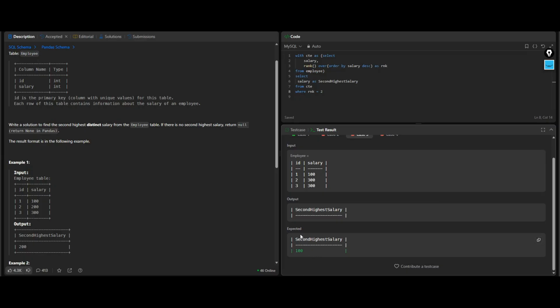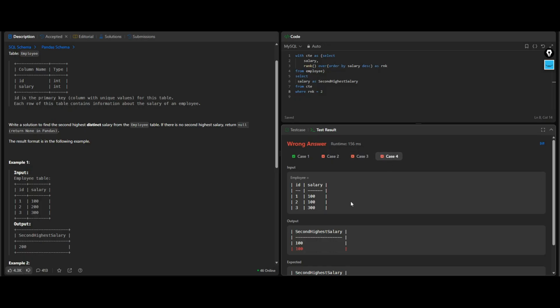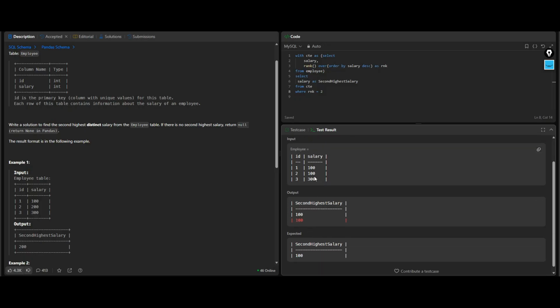Case 3 also gives no output. In case 4, when we have 100 repeated, we get two rows but we just need one. For this you can just write max of salary, so we get only one row.